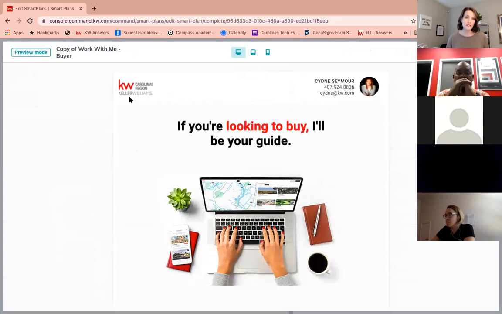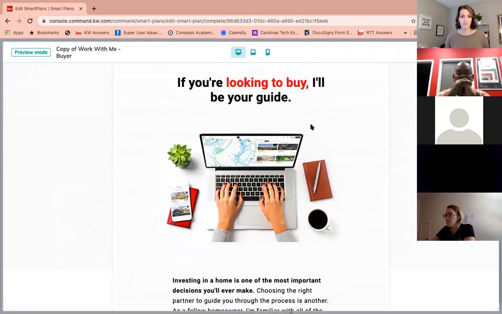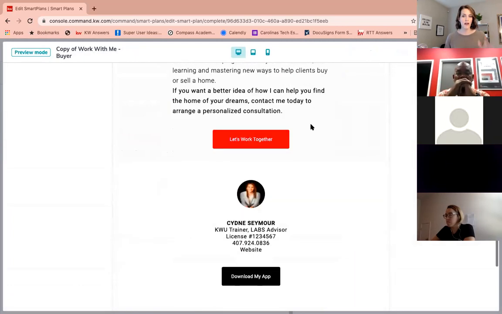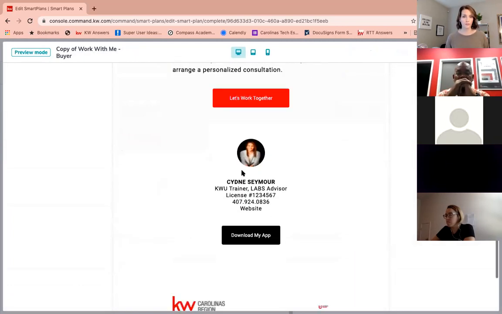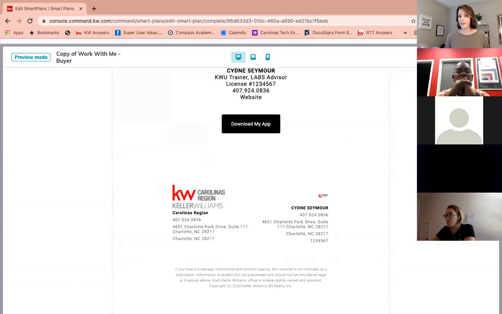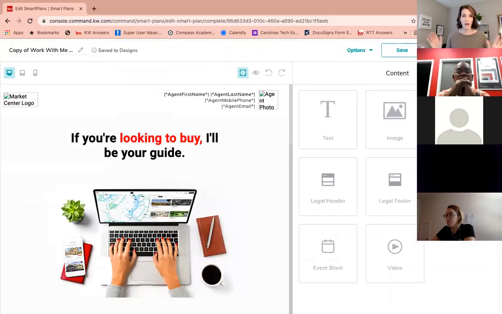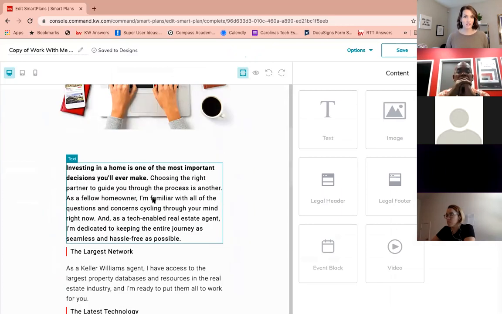So this would be your Market Center logo. This would be all of your details. And then down here at the bottom, this would be all of your information as well. So it's already really put together 100% for you. However, if I wanted to make some changes, so if the text here, I just didn't maybe like the wording